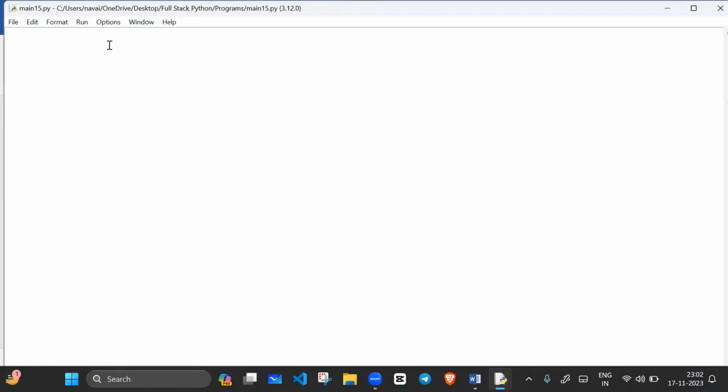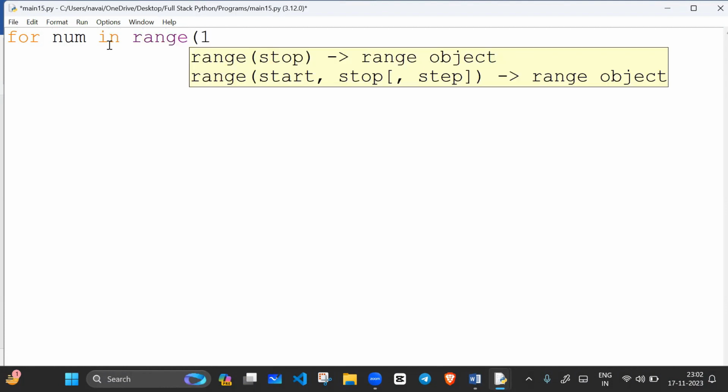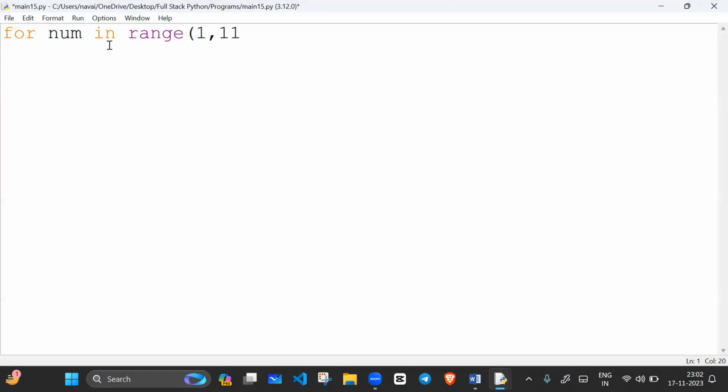Okay, so here I will write. First I will write the outer for loop, for num in range. Range 1 to 11, or we can say 1 to 6. If 1 to 6 means